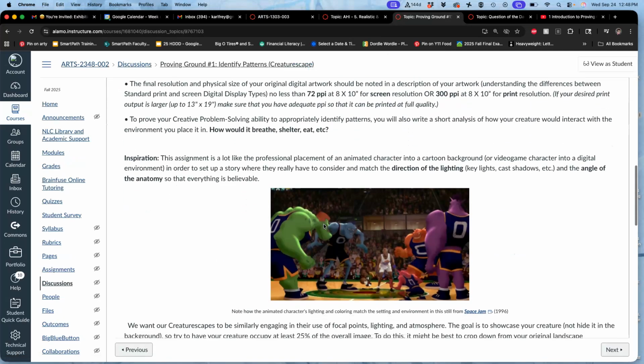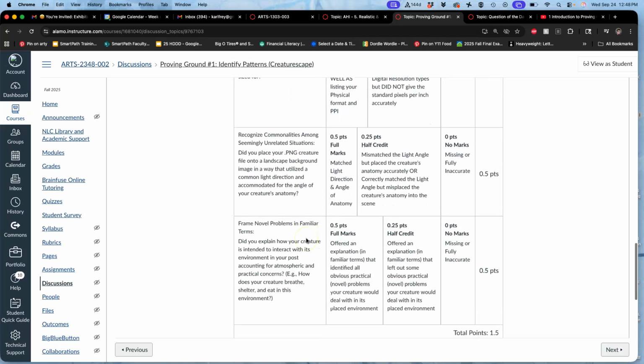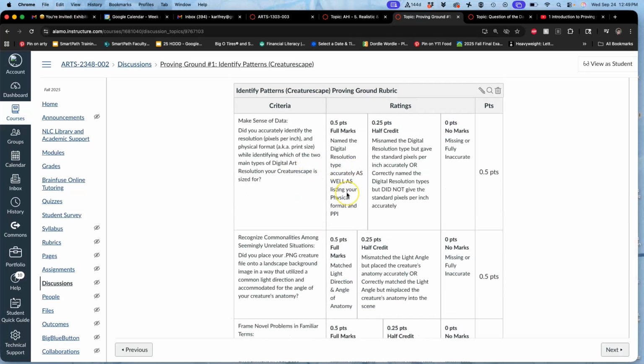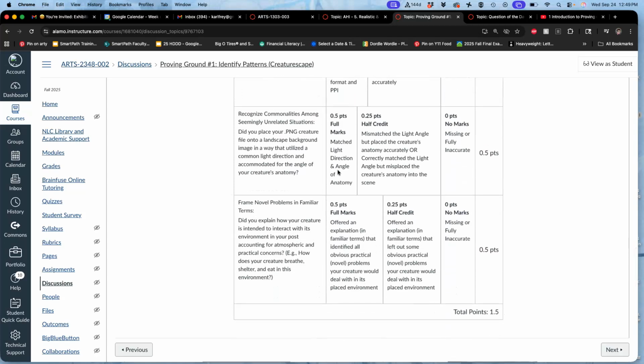And at the end of the directions for the assignment, you'll see the rubric, right? So these are the 3 requirements, but they're not in the order that we do them. That's just because this is not set by me. This is set by the badge accreditors for the Creative Problem Solving badge. So the first thing we need to do is placing a PNG creature onto a landscape background